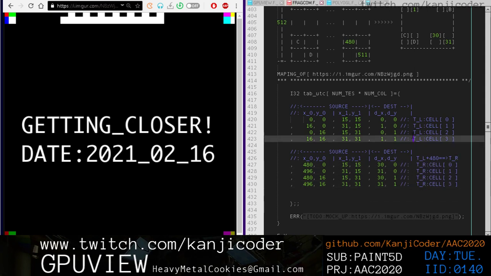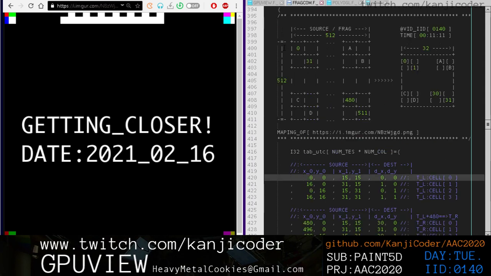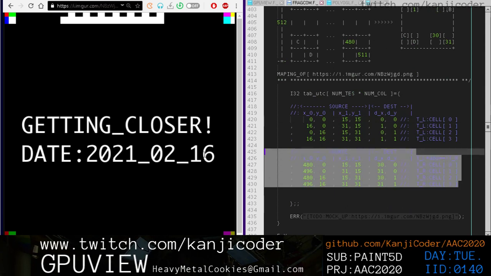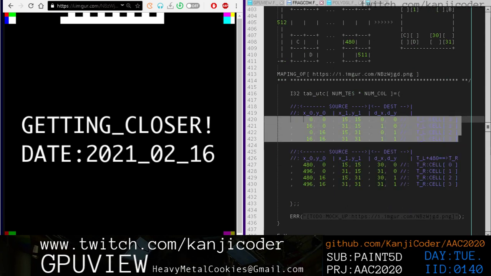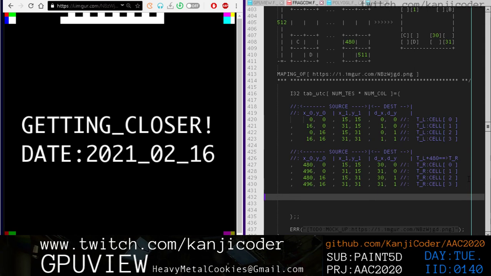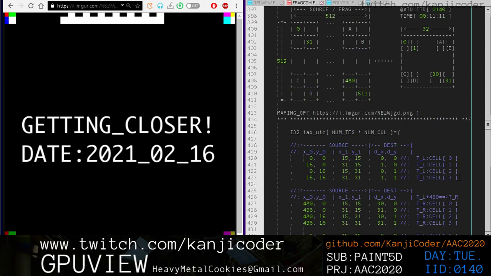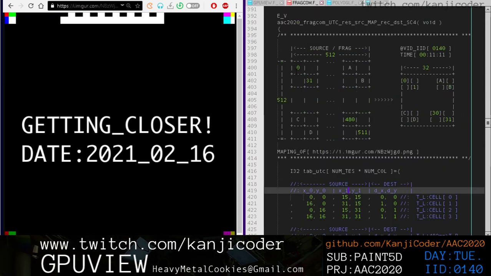Okay, so now down here, it's going to be the same thing, except we have to add to the different cells. So we're going to take the original locations, because it's easier to just work with this, I think. Let's make sure this original is correct, though, right? So 0, 0 to 15, 15 is this. Then we're going to go over here. It's going to be 16, 0 to